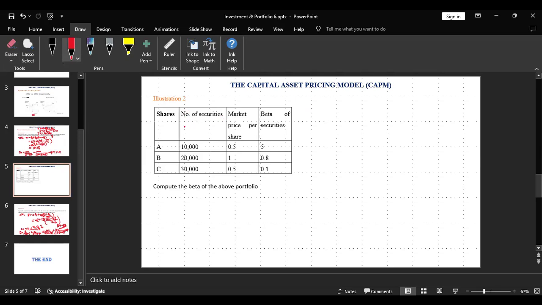Okay, so this question is illustration 2. Now we've solved security market line, we've solved capital market line. They've given us the number of shares. They've given us the market price per